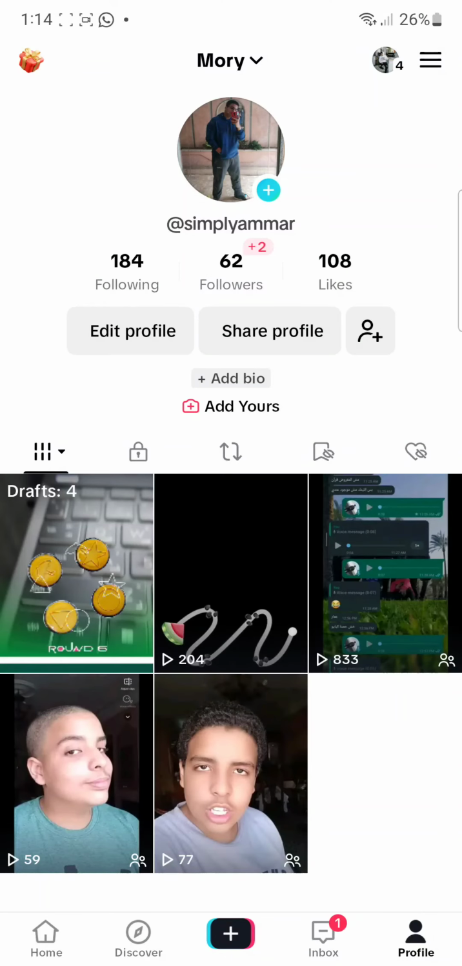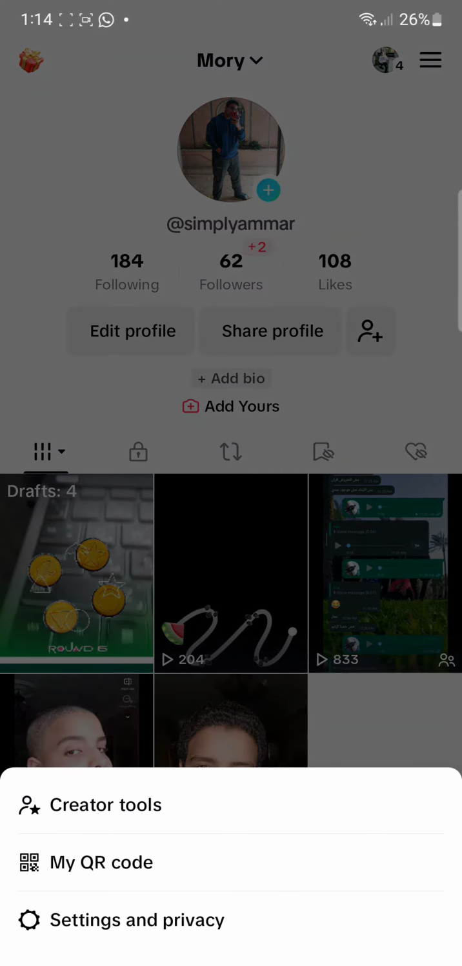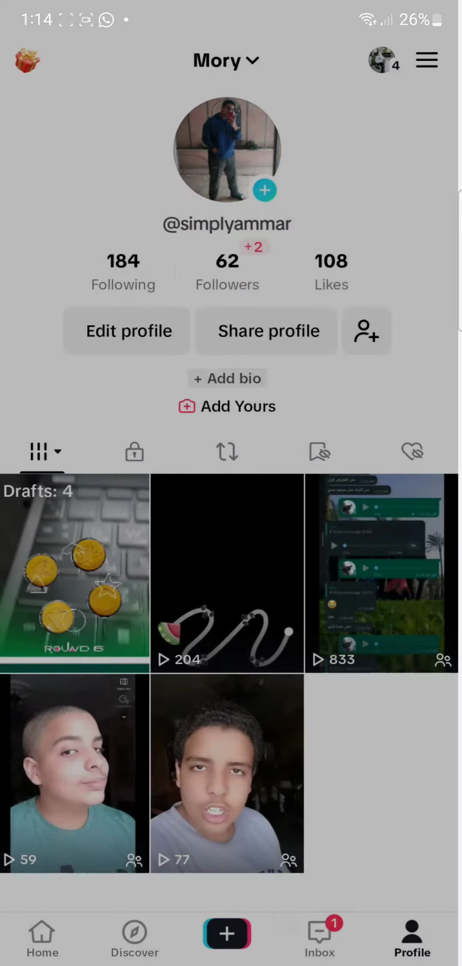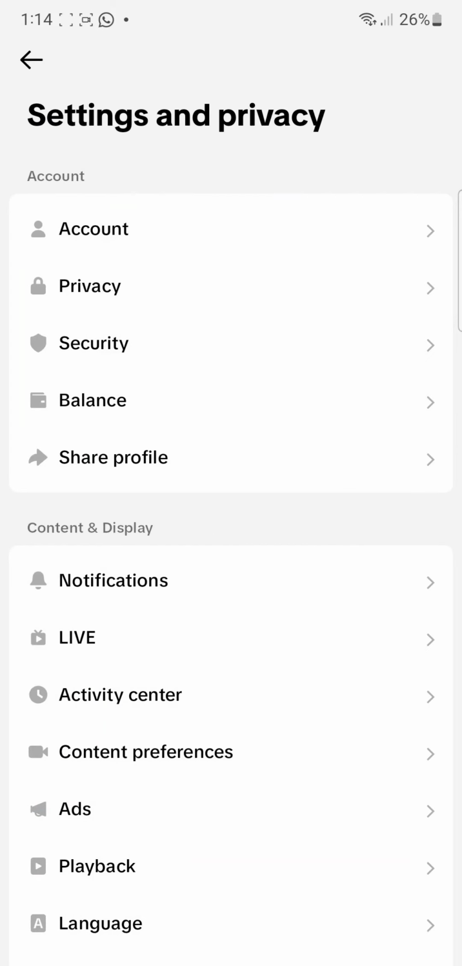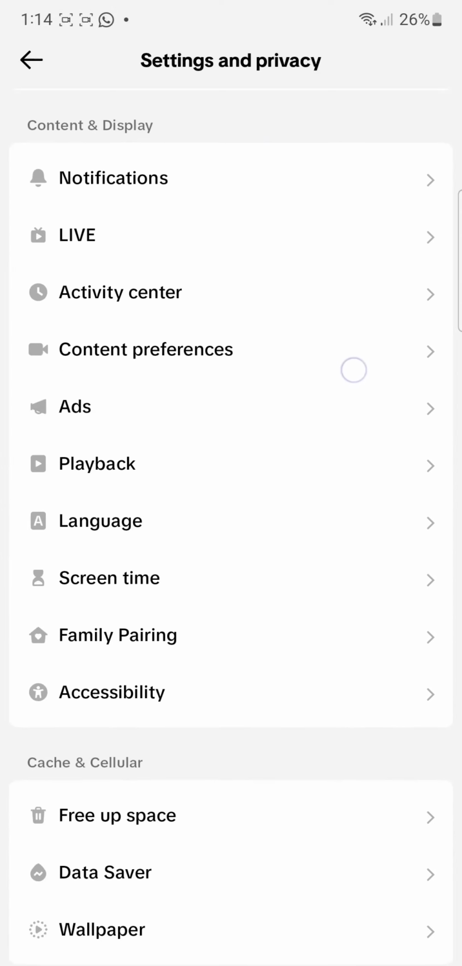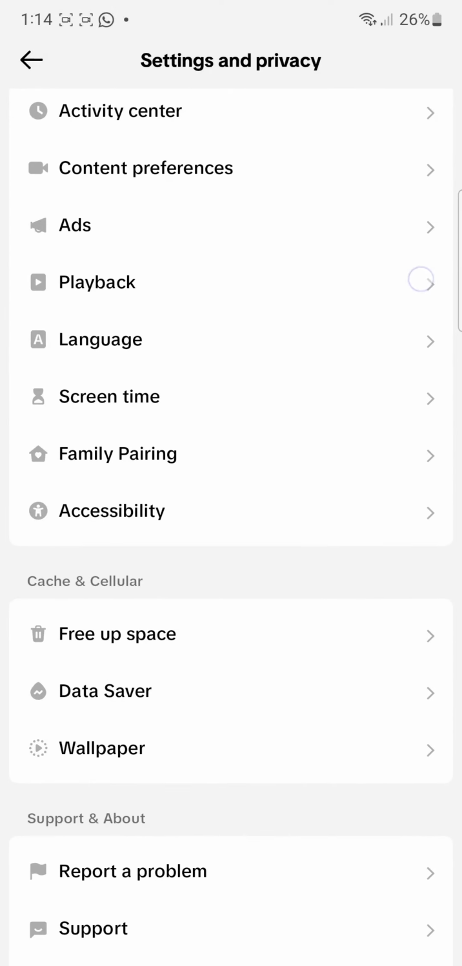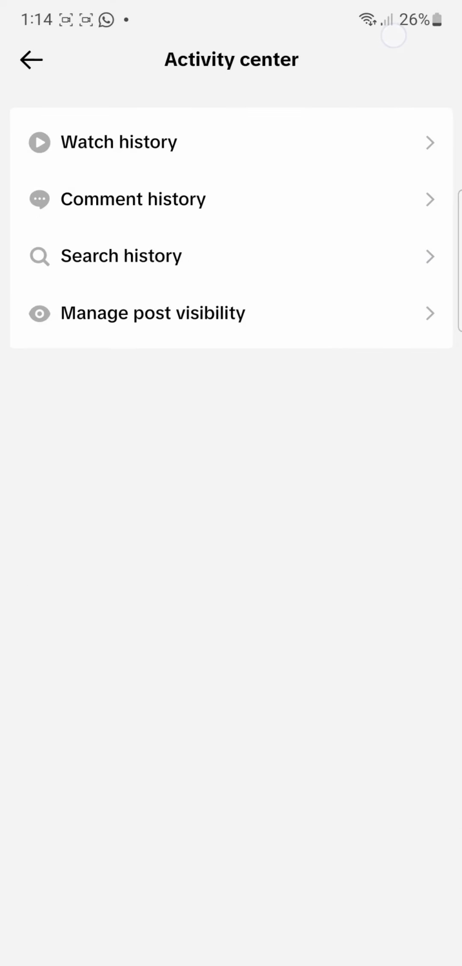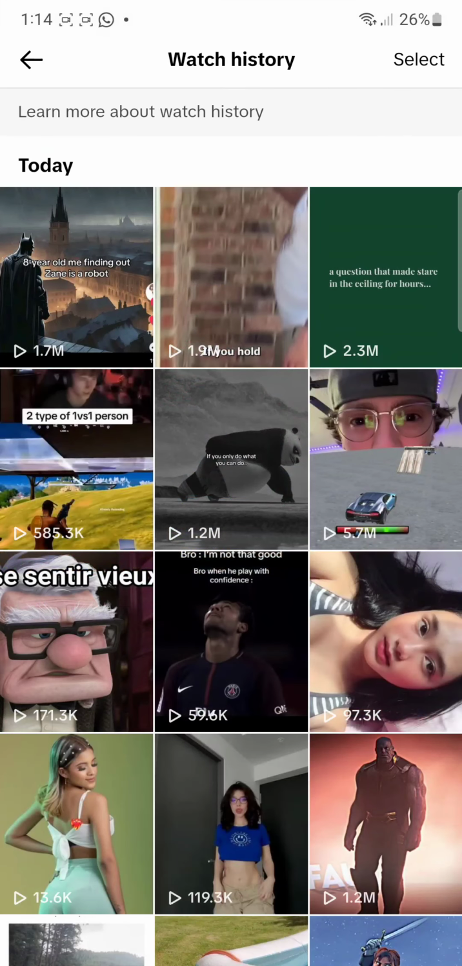to how you can see this. How you can see the watch history is that you go onto profile, and then on the hamburger menu on the top right corner, then from there you're going to click on settings and privacy. Now, from there you're going to scroll down until something called activity center all the way up here. Once you click on the activity center, you're going to find your watch history, comment history, search history, and your manage post visibility. Now, if you go on to watch history, and as you can see, you can find all